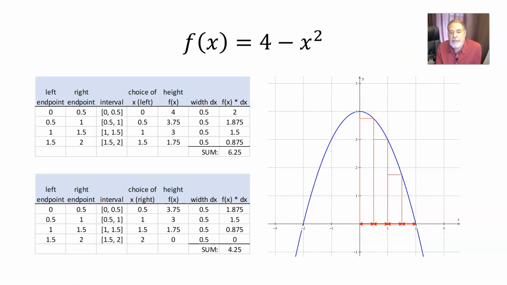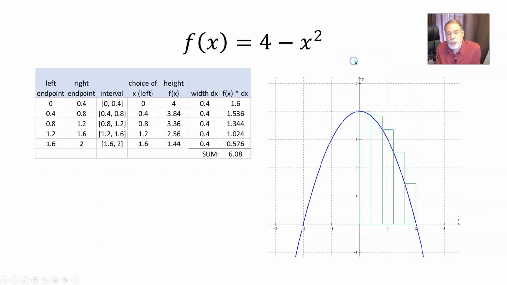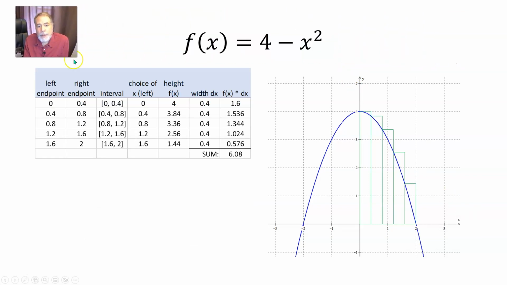Now here we divided things up into 4 subintervals. We could get a better estimate if we divide it up into, say, 5 subintervals. So in that case, they might go from 0 to 0.4, from 0.4 to 0.8, from 0.8 to 1.2, from 1.2 to 1.6, and from 1.6 to 2. The whole thing goes from 0 to 2. It has a width of 2 units. And I divided it up into 5 equal pieces, so the width of each piece was 2 divided by 5,